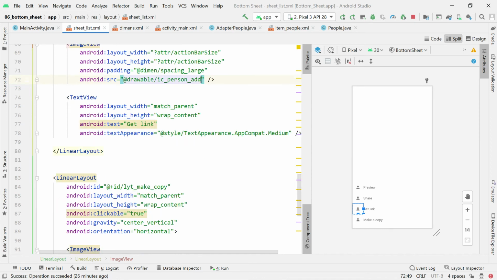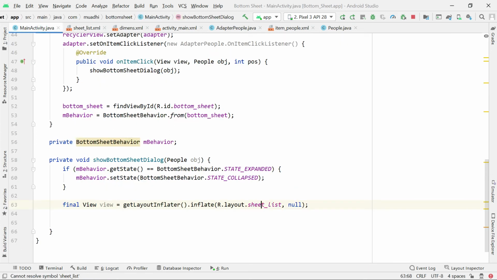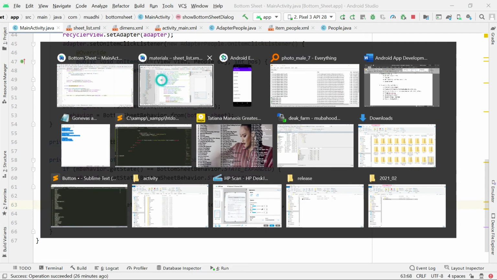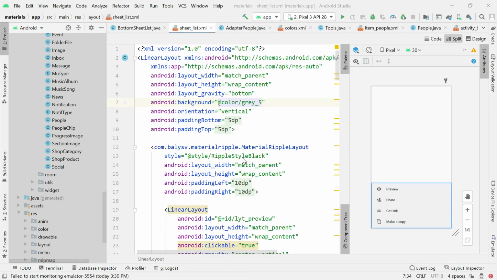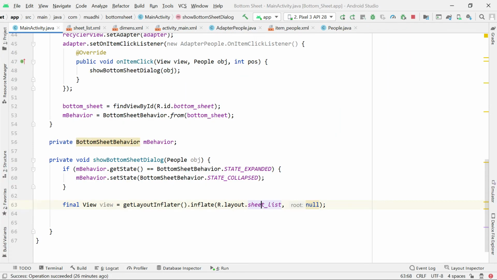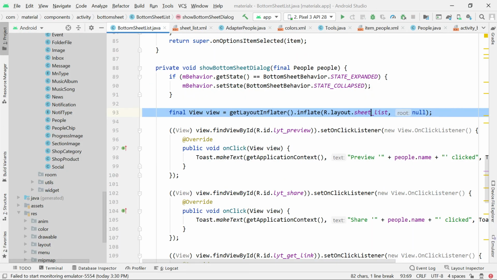So with the list that will be shown when the user clicks on what? On the bottom sheet. That's why we say inflator, this one. If you want to add any action, like if someone clicks on any of these and they take action, that's when you do these things. Then you add what? You add listeners, like here.